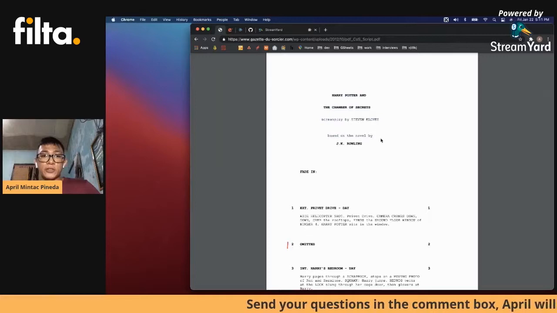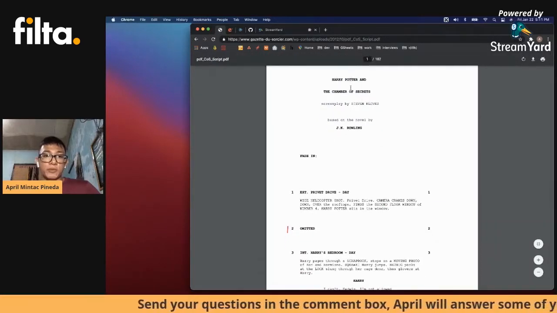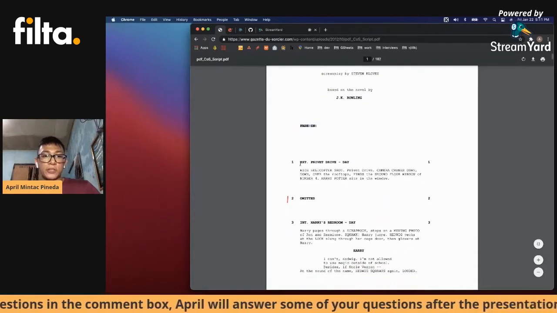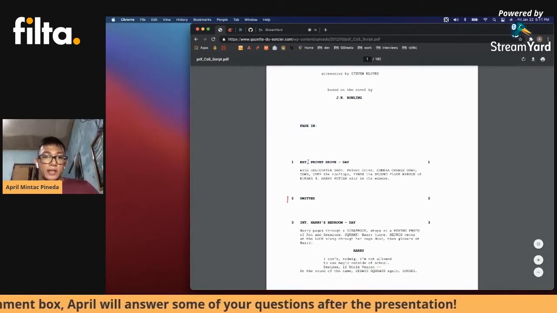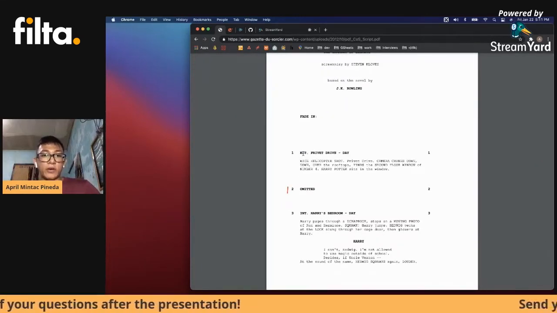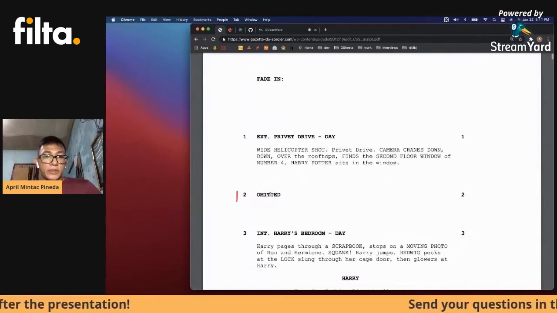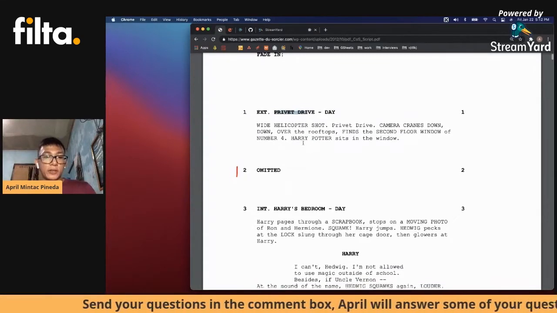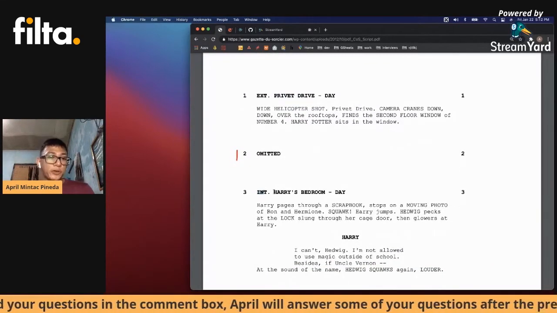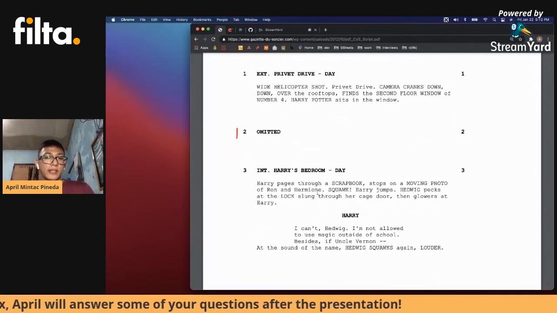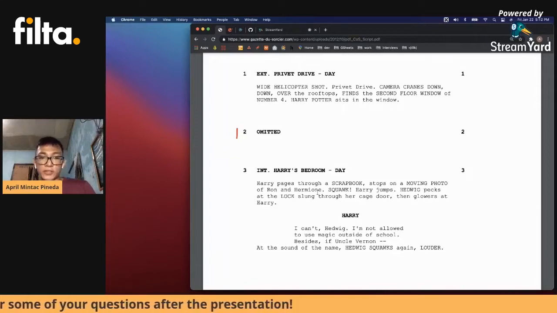As you can see, this script is actually well written. You can see it's properly spaced and it has headings. It does have these indicators here. EXT here means that this is happening on an exterior site. And there is a setting, a place, for the people who set up the place to understand where they should shoot. And there's also the INT, which means interior, which means inside of a particular building. So it's very clear to understand, and even people who don't write scripts will actually be able to understand this.